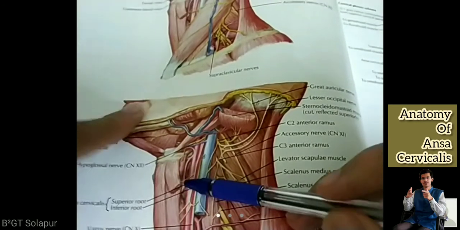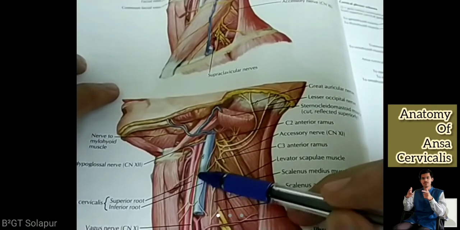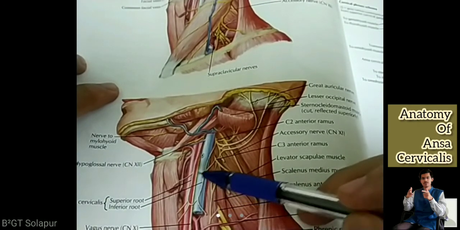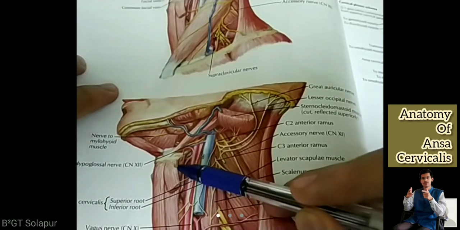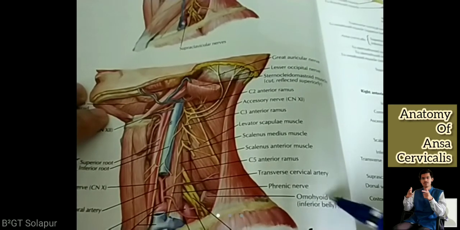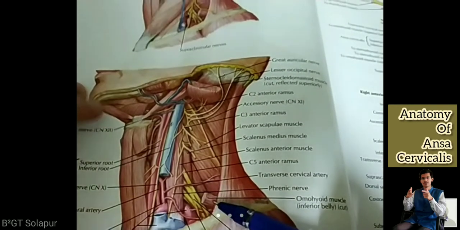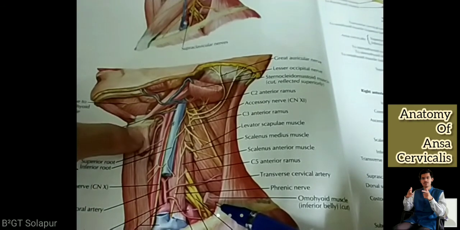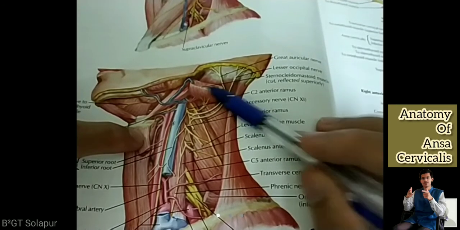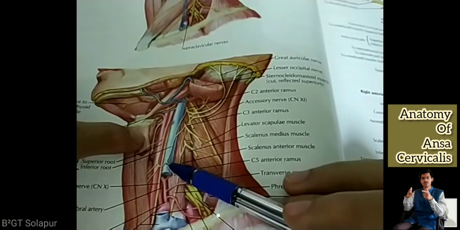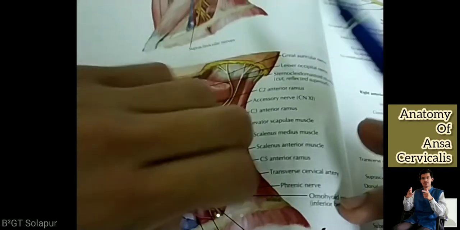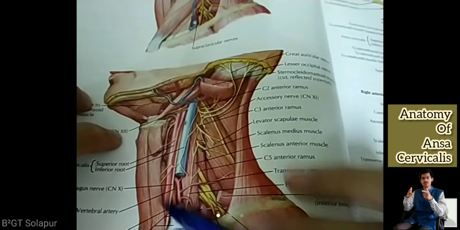This superior, can you see this? See this branch. This is the superior root. This is the inferior root. Now this is the cut. Can you see this? Omohyoid, it is written here. Omohyoid muscle, inferior belly. And this is the omohyoid muscle, superior belly. Here, this is the sternocleidomastoid which we already cut here. Over this, there was the tendon forming, so this became the superior belly. From here, it would have been the inferior belly. We have just cut and removed the superficial muscle so that we can see the deep structures.